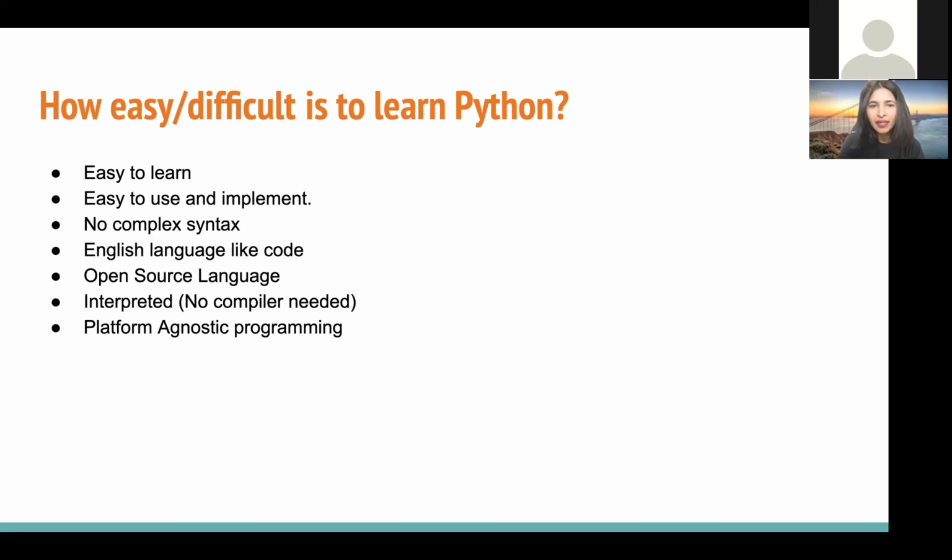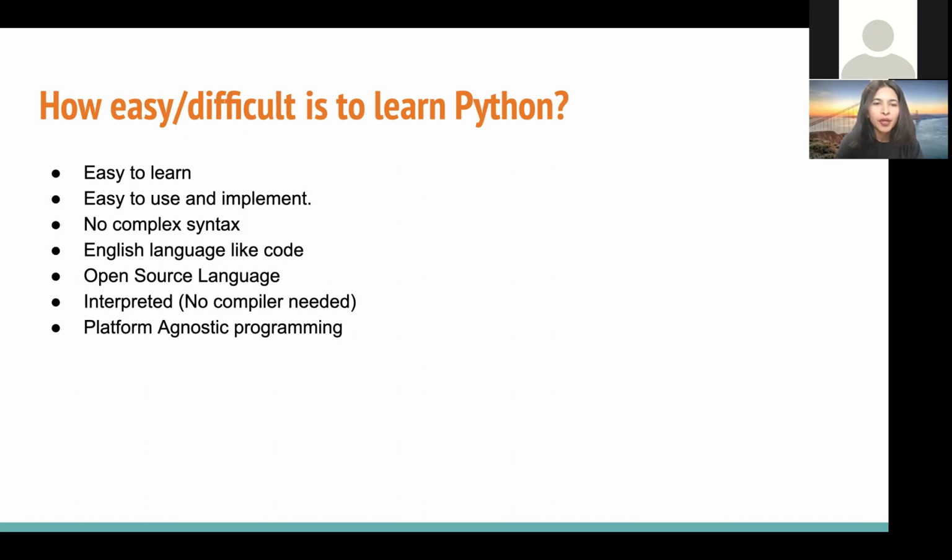We can directly write the Python code, and then we can directly execute it. So we don't need a compiler, because this is an interpreter-based language. There's an interpreter that works with Python. When we start with the course, we'll get into more details about what exactly an interpreter is. But long story short, when we write Python code, we can directly execute it, so we don't have to worry about additional steps in between.